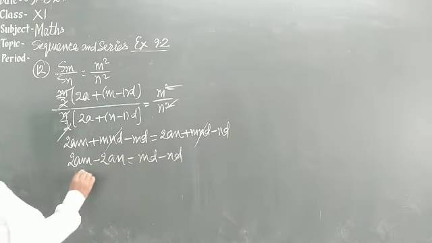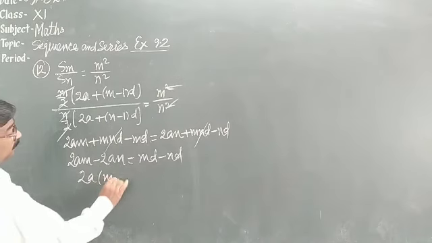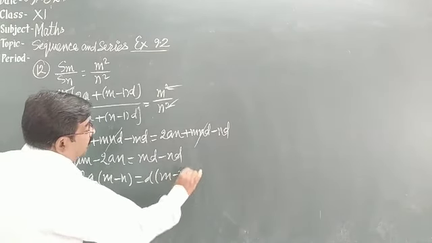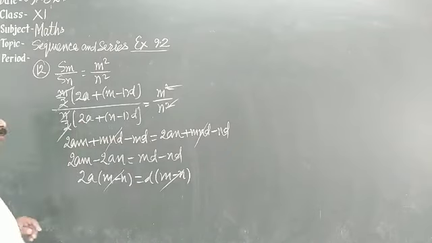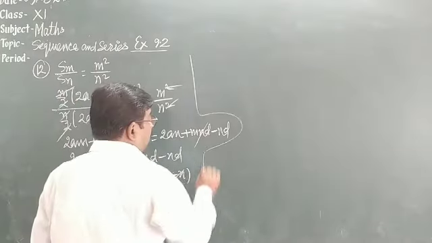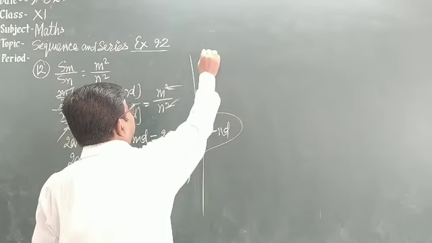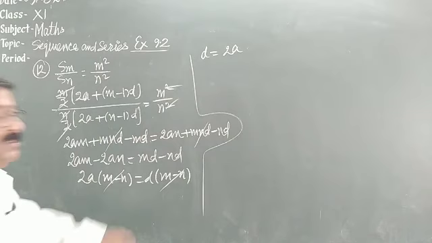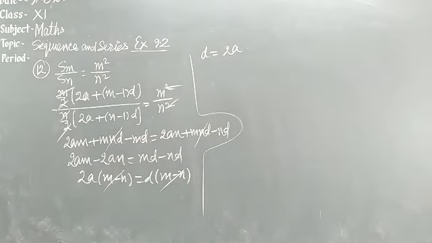Here 2a is common, so we have m minus n. Here d is common, we have m minus n. This m minus n will go. So what we have finally? We have got d is equal to 2a, or 2a is equal to d. So now we are going to find the mth term and nth term. See, I am writing